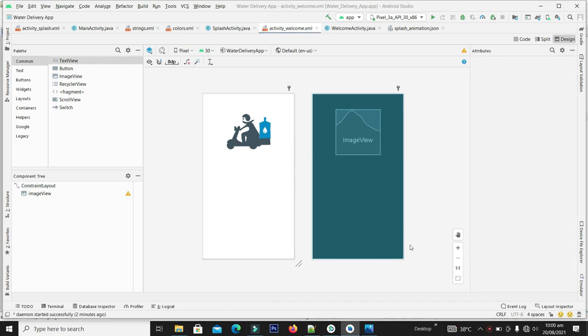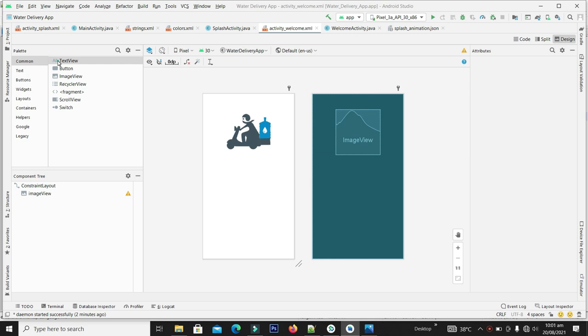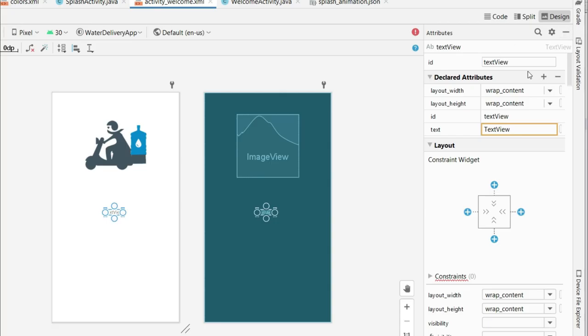So guys, now let's make the text in the center: Pure water, we deliver health with care. To make this text, let's drag a text view into the center. From the attribute section, let's give some attributes to it.